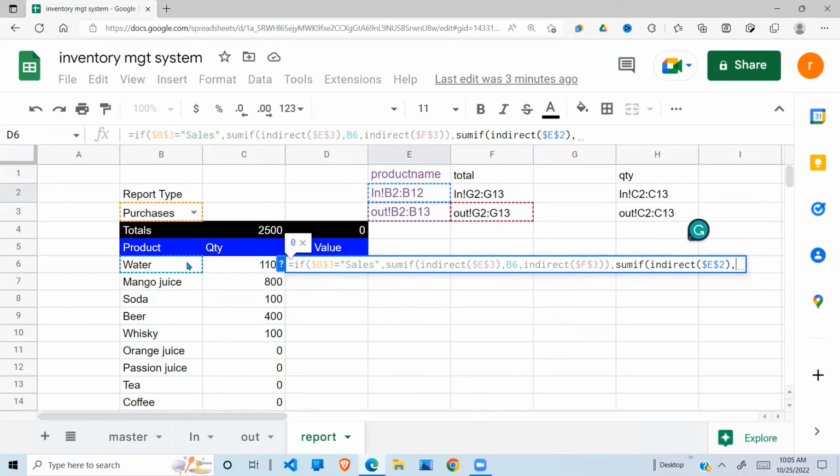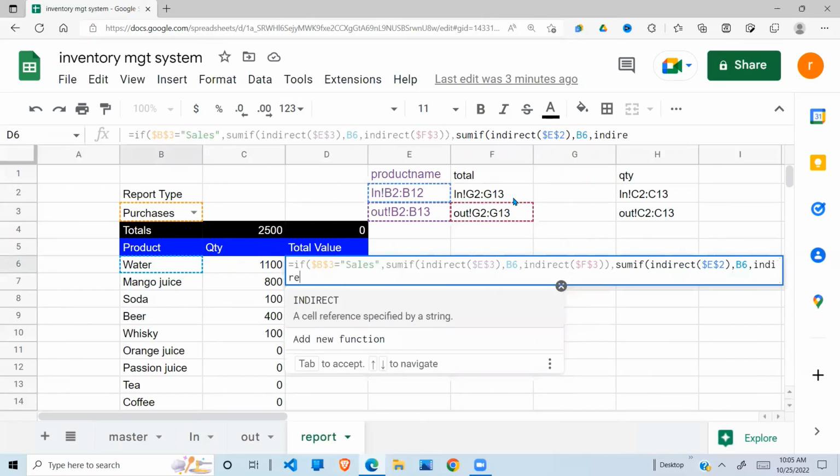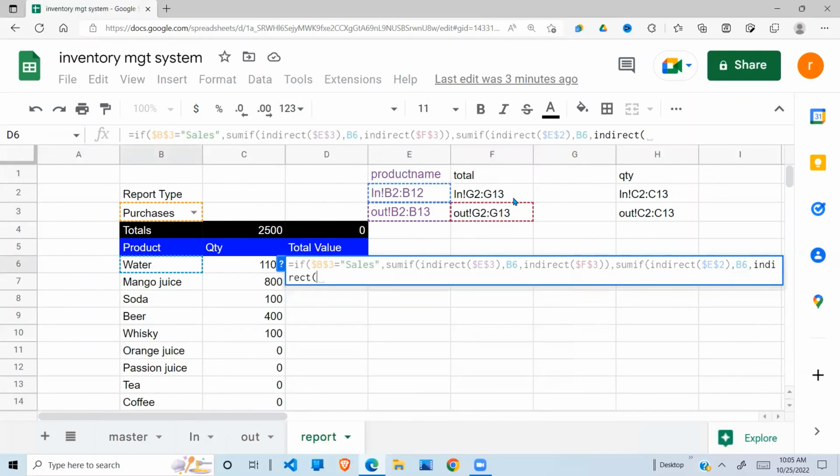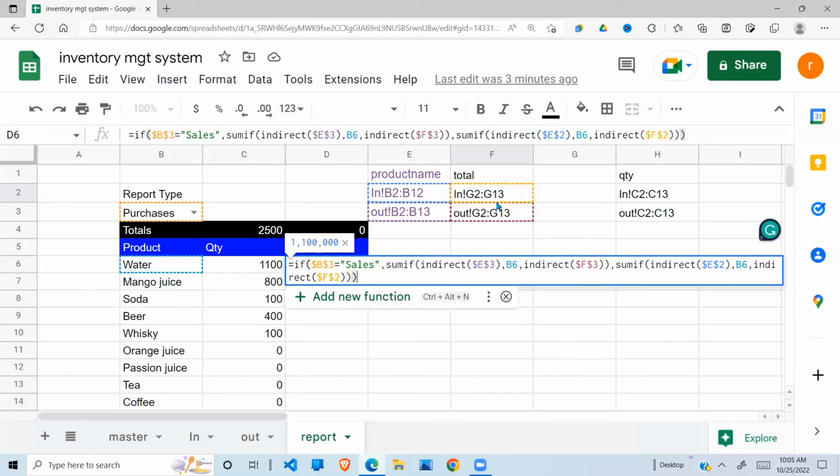My criteria will be the water here, and then I'm interested in the total value, which is under this G2 to G13, but I'll use indirect. Then G2 to G13, I have to lock that, comma, close the indirect, close the sum if, and close the if function. I hope everything is okay. Everything is locked very well. Press enter